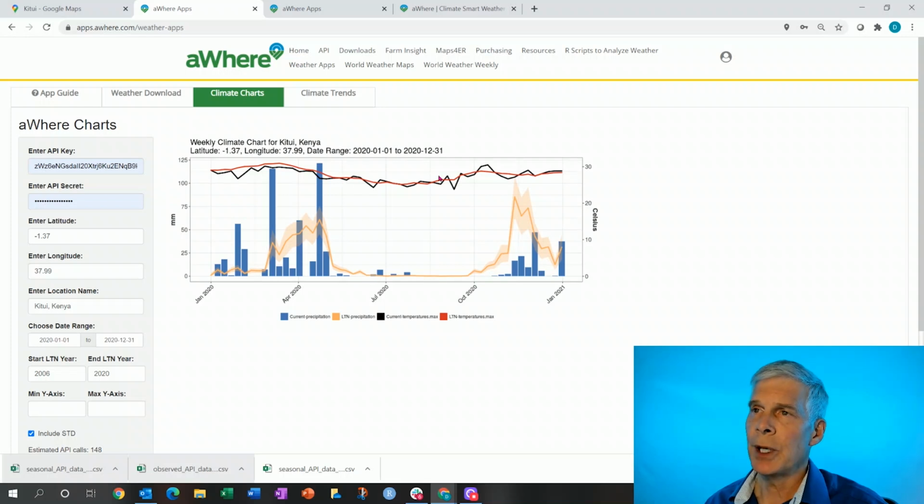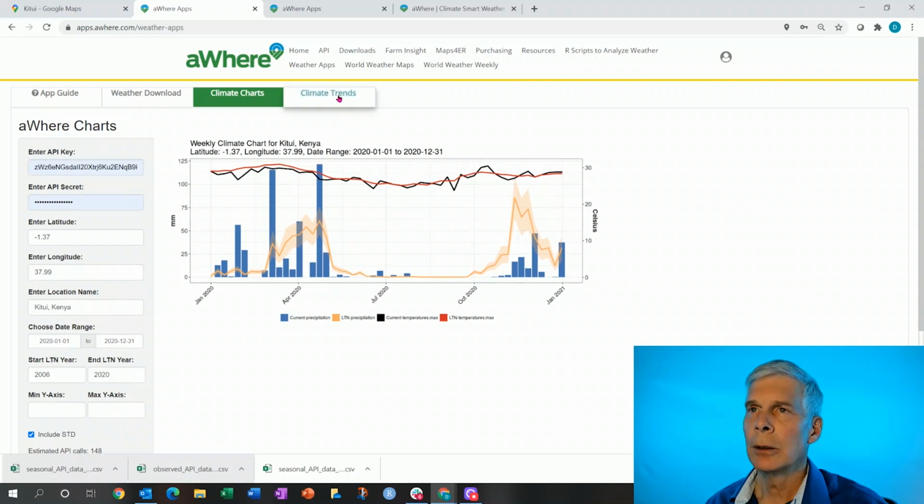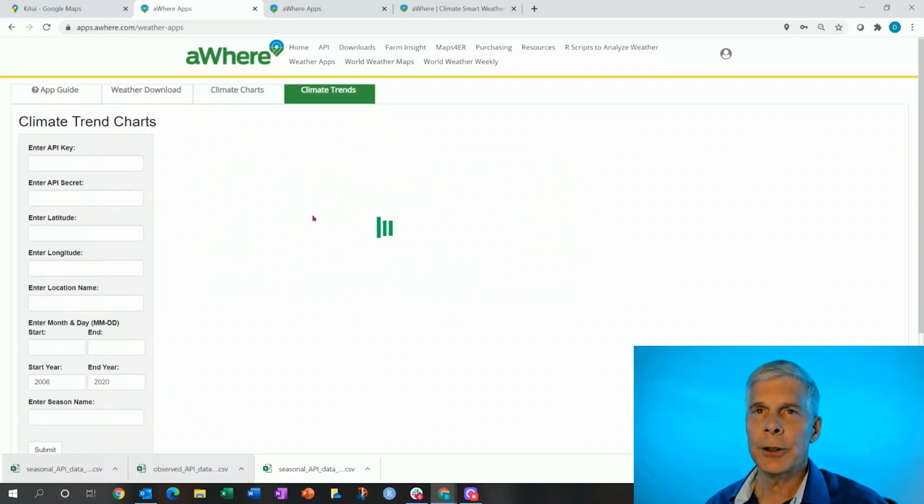And we can see that they haven't changed that much, but the rainfall has indeed changed. And so for our analysis using the climate trend chart, let's focus on November and understand better what's actually happening with rainfall in Kitui. So we'll hit the climate trends chart, and again, we'll have to enter our key and secret,